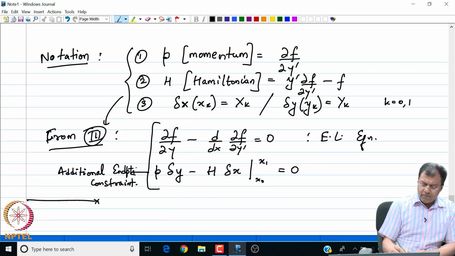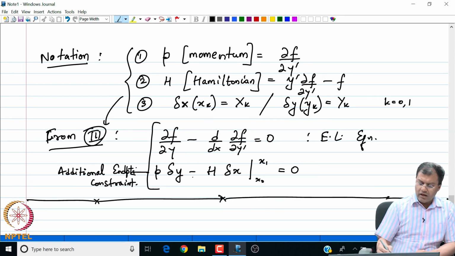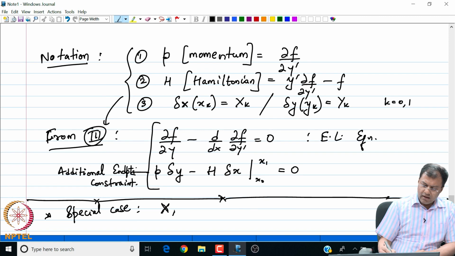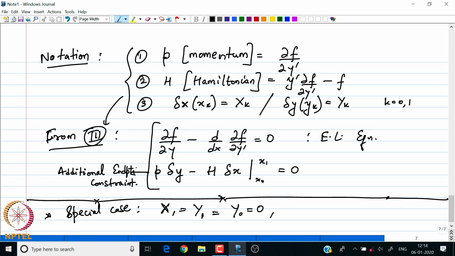So, let us look at this. I can quickly see that this particular constraint can be reduced to our standard set of natural boundary conditions. Notice that in the special case, if we allow our sum of our variables to be 0, the point at 1, at the right hand side boundary, is completely fixed, and also the y coordinate is not varying. Which means that only the x coordinate on the left hand side is varying.